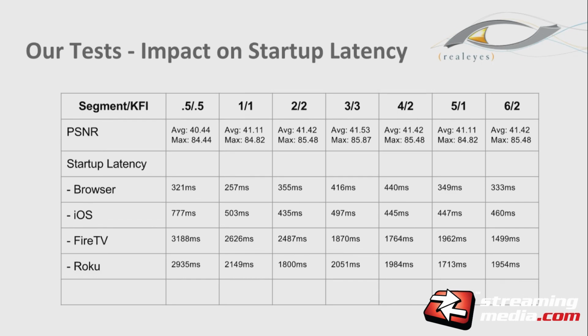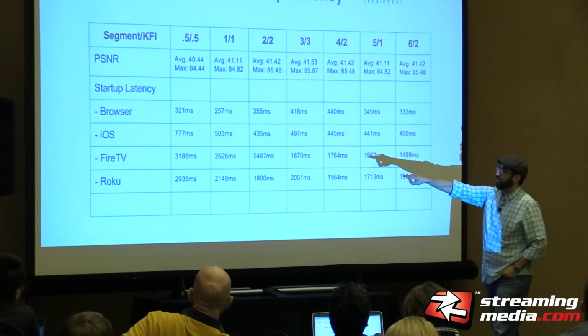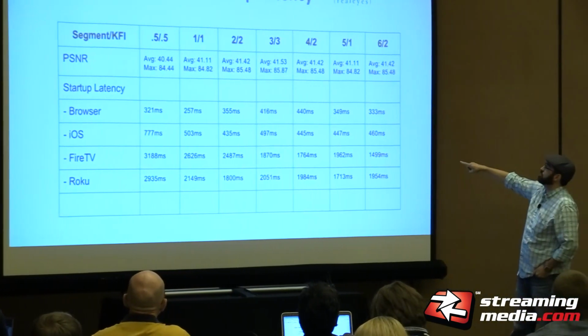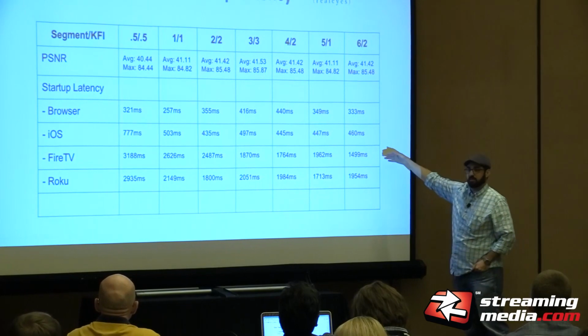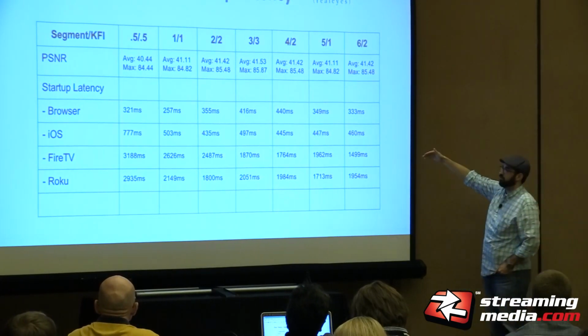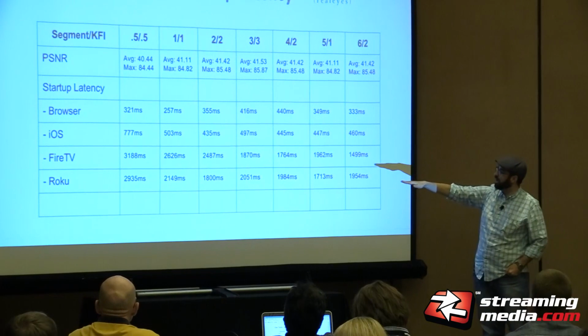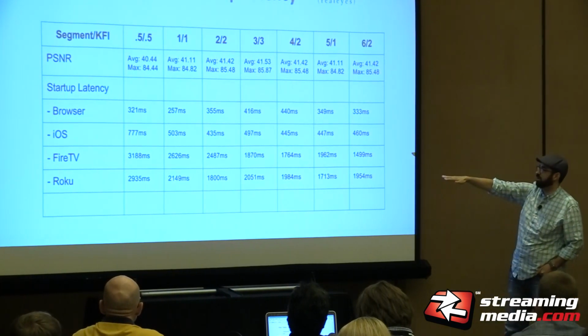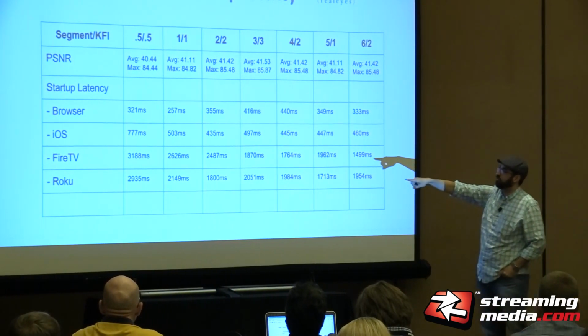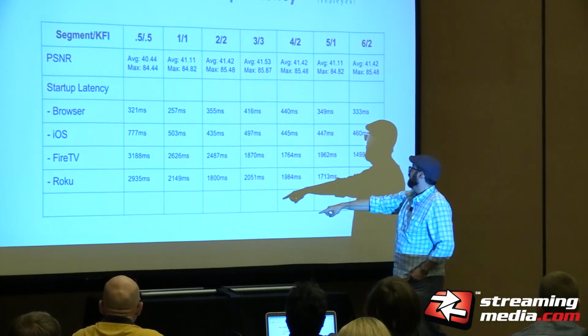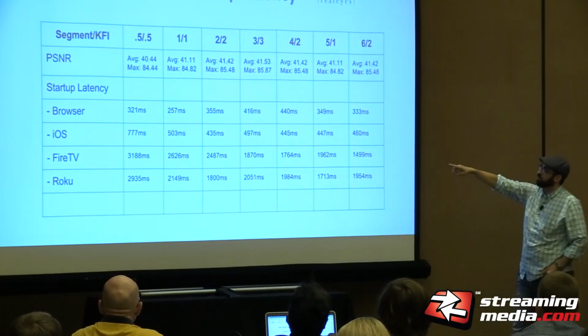So it was able to process well, and for the most part, we actually saw a relatively level amount of stuff. Although you notice on smaller fragment sizes on Fire TV, where it has to do more processing, we were able to see a generally much higher number on the much smaller fragments as we went up to larger fragments. So the processing on the devices does actually have some level of impact. And you can see that relatively close. The Roku was still pretty high on the half-second ones. Everything was, for the most part, a little bit higher, except for the browser.